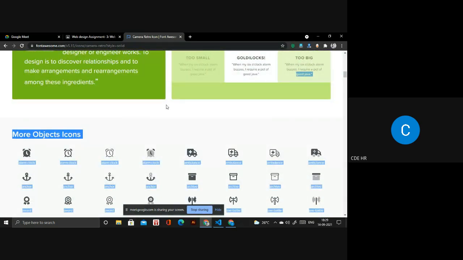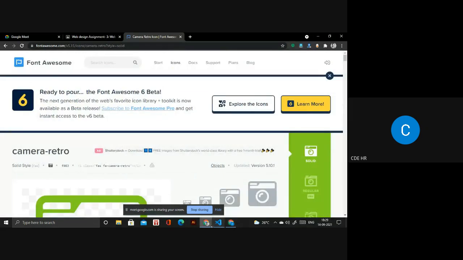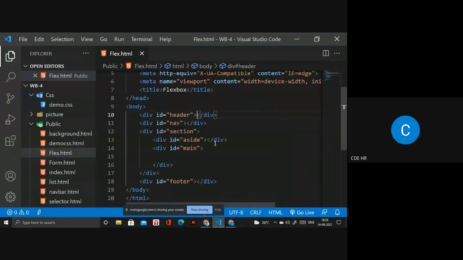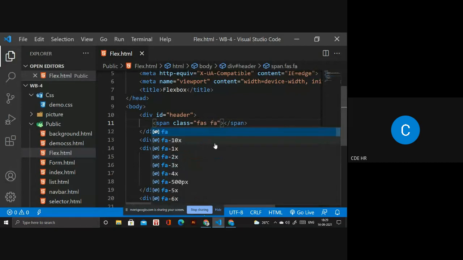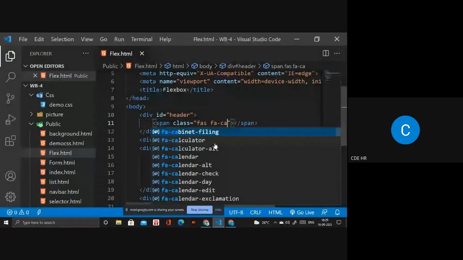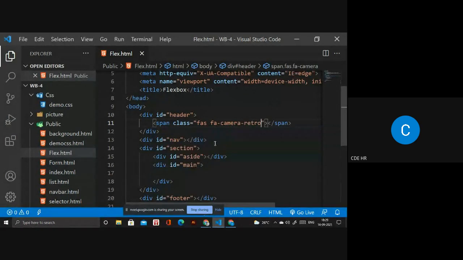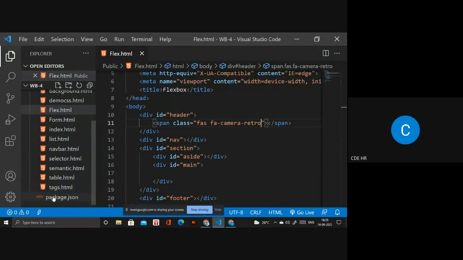What happened? I don't need anything. Yeah. So I will write a span. Inside I will create a class. Inside it, fas fa-camera-retro. Camera Retro is there. Okay. But I need to paste that link.